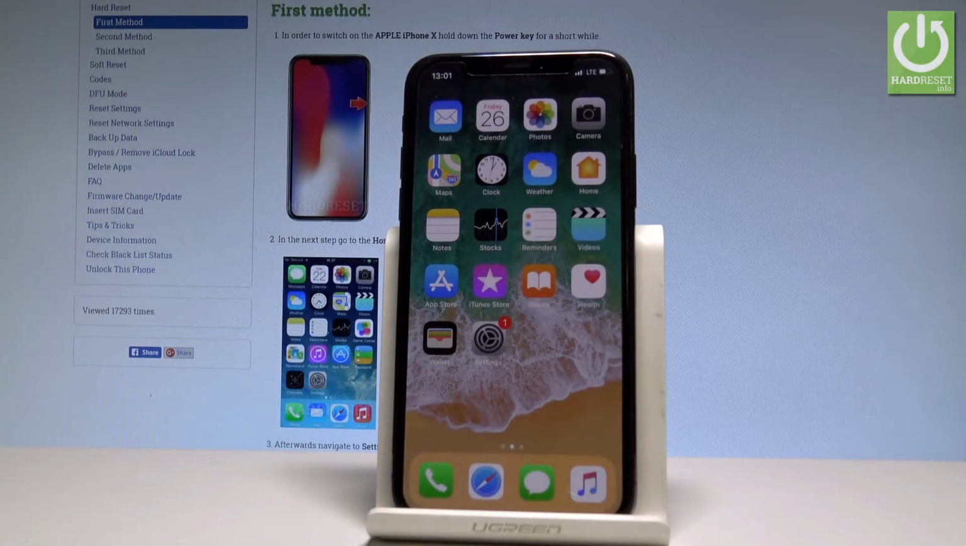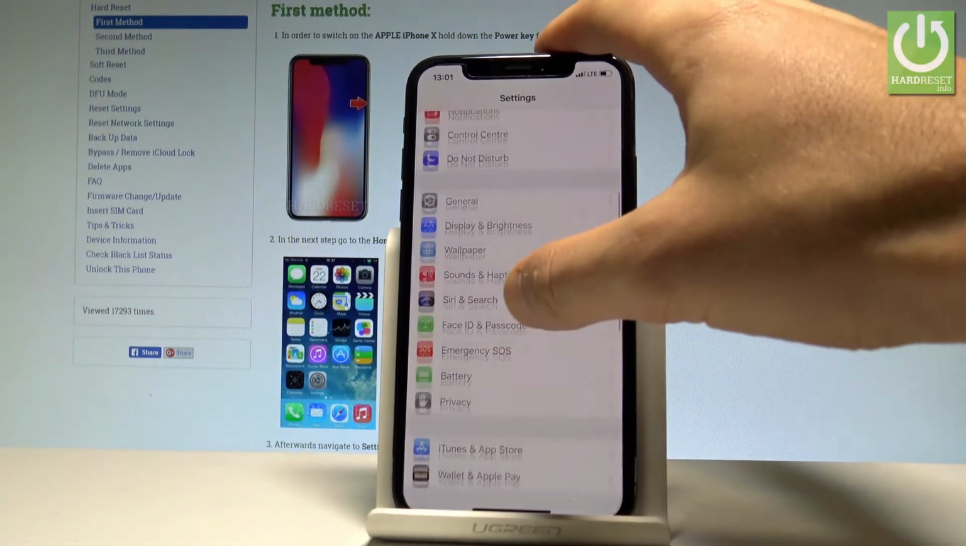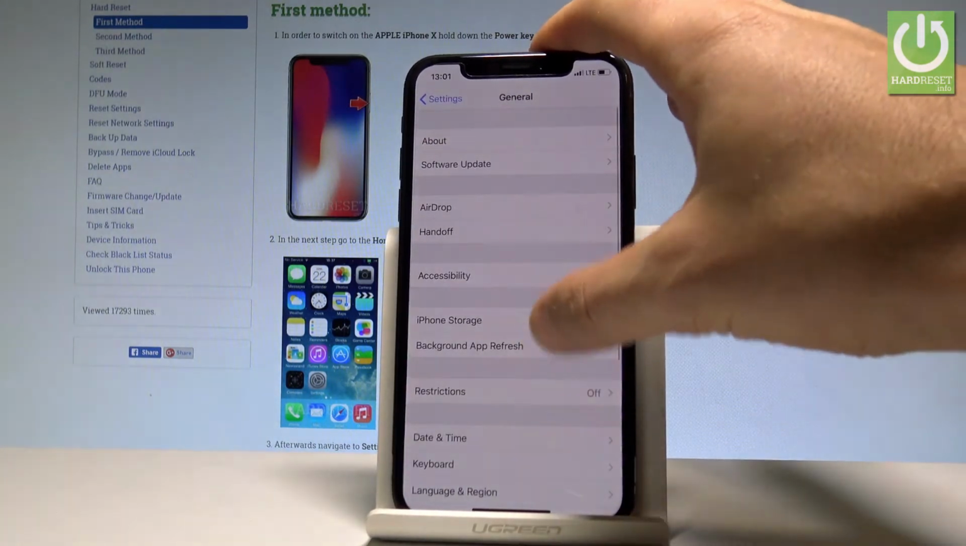Here I have iPhone 10 and let me show you how to reset the location and privacy on the following device. So at the very beginning, let's start by using your home screen. Then let's find and select the settings. Here I have settings. Then you have to find and select the general right here, choose general settings, scroll down,